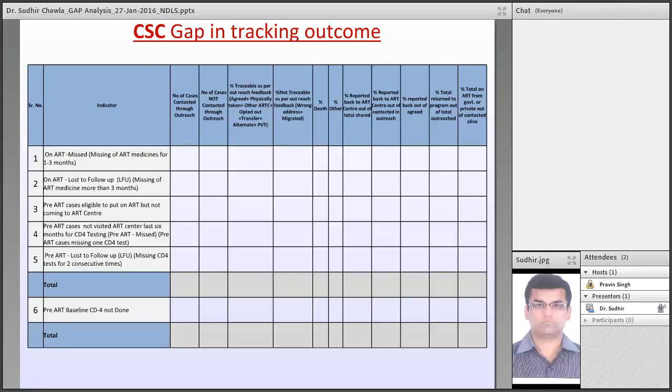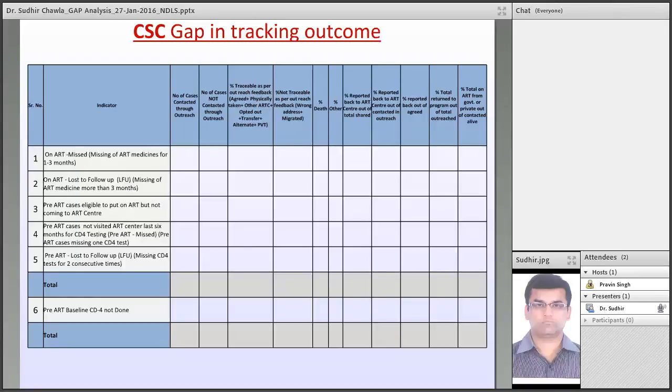Just total all these figures: agreed to come, physically taken, on ART at another ART center, opted out, transferred out, alternative system of medicine, or private ART. All of them were available in the field. Because of that, this feedback is there. So out of those who were contacted, how many were traceable? Ideally, nowadays we are taking address proof, so all should be traceable. If our non-traceable part, that is wrong address or migrated, is more than 10% or 20%, we have to look into the mechanism of how we are registering patients,